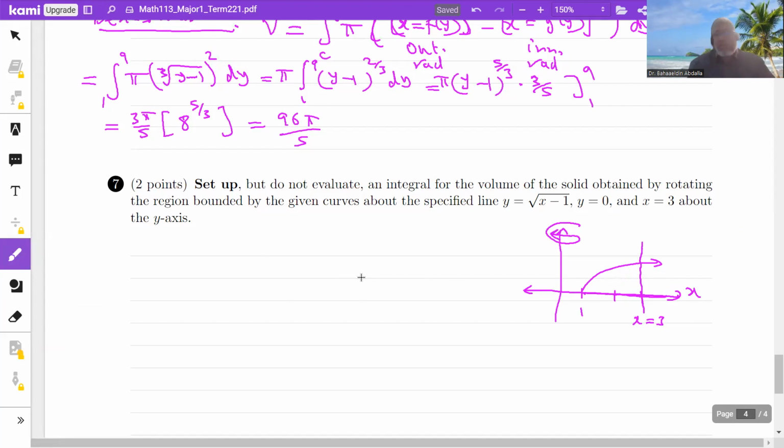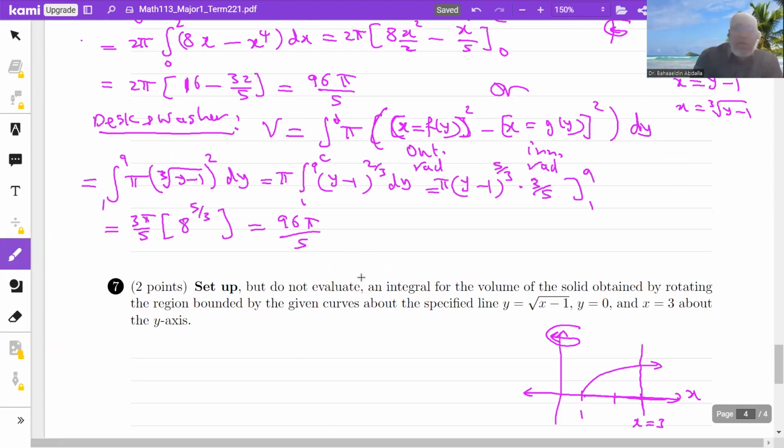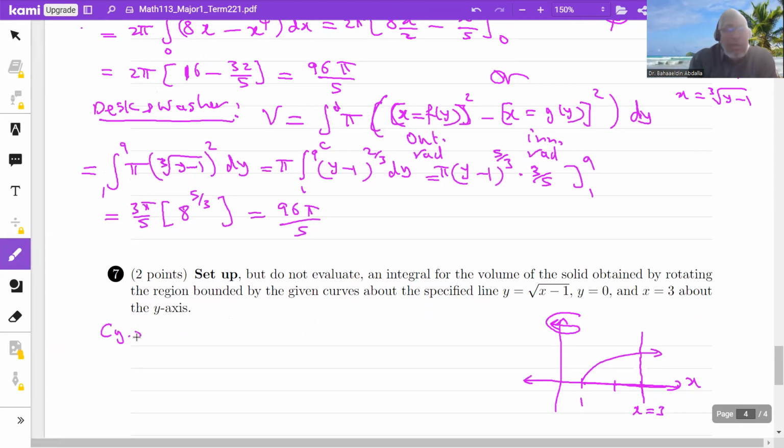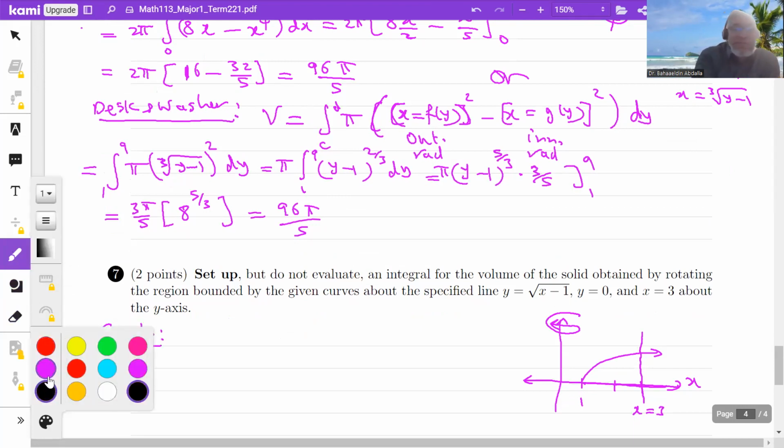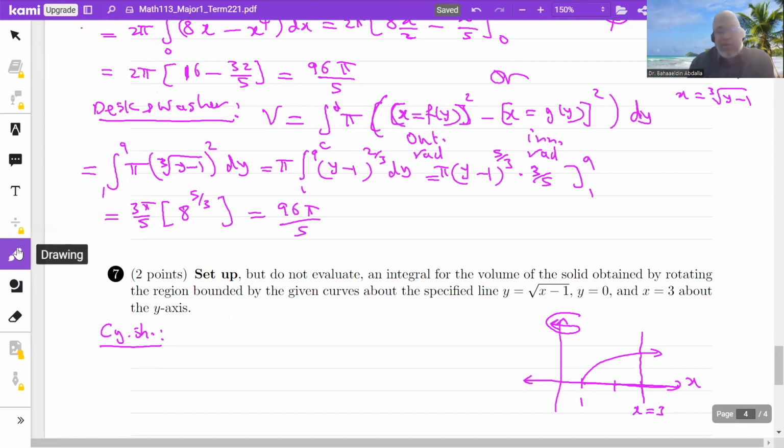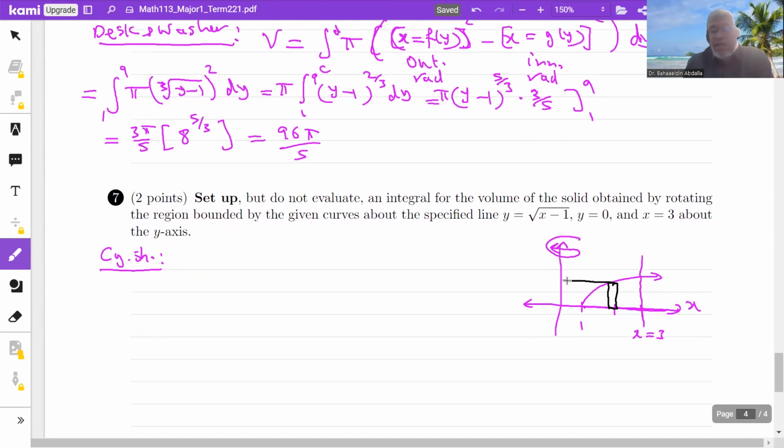So again, I can use the 2 methods, okay? And the formulas are here. So let me start by cylindrical shells. When I use cylindrical shells, I have to use a rectangle parallel to the axis of rotation, so a vertical rectangle. And this would be the radius of the rectangle, the radius of the cylindrical shell, and this is the height. So you can see that